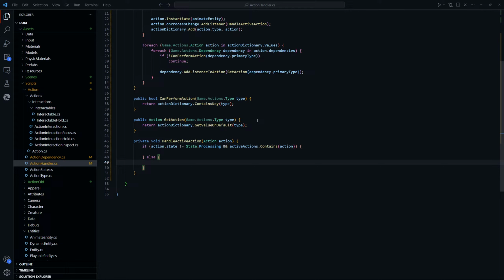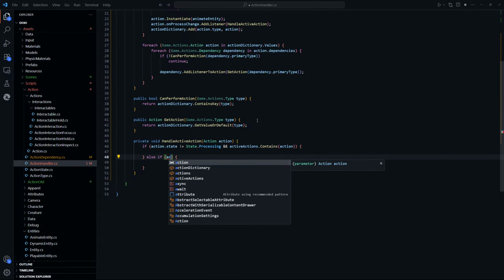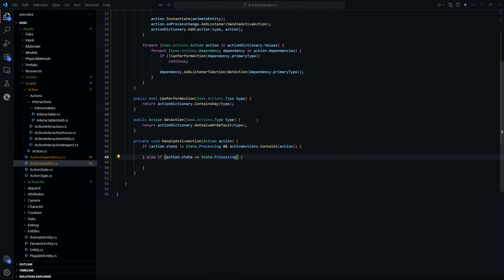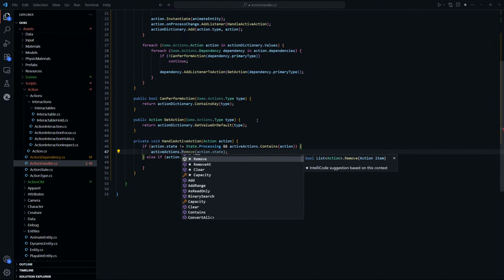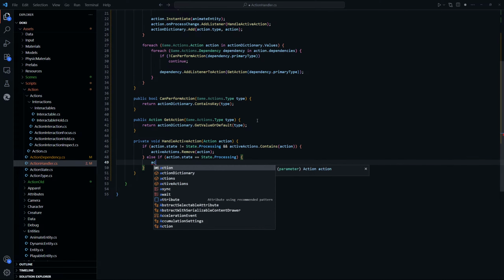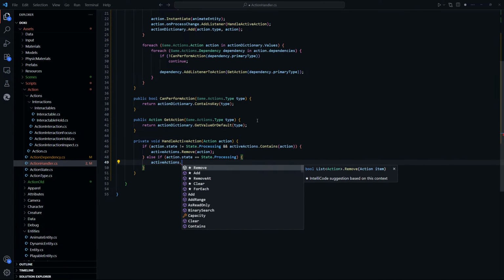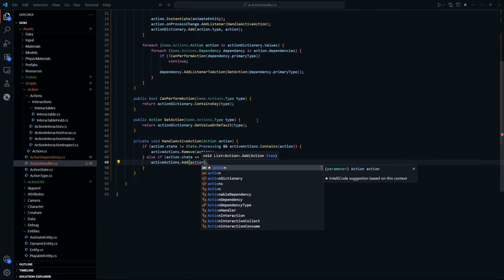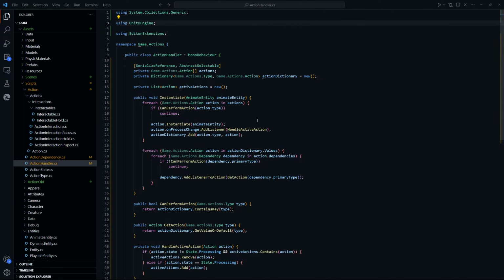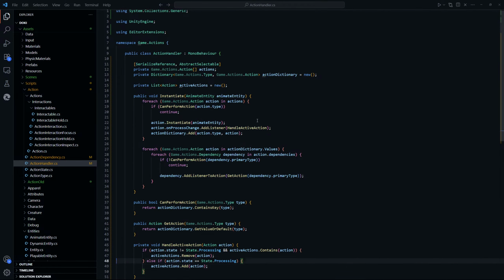But I wonder if I want to do else if. Yeah, we're gonna do else if action.state is equal to state.processing. Okay, so if this is the case, we want to remove it from active actions. If this is the case, we want to add it to active actions. Because the idea then is that we're gonna have